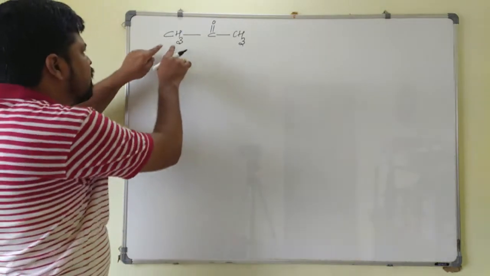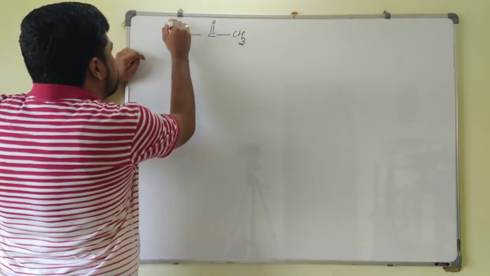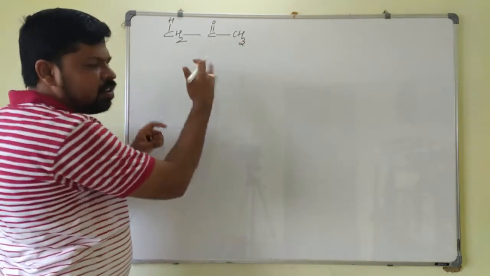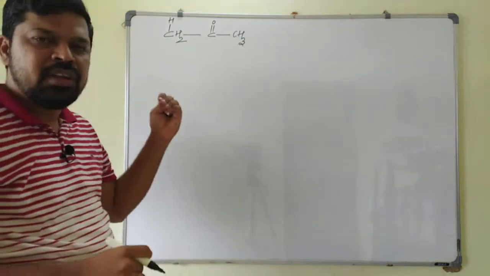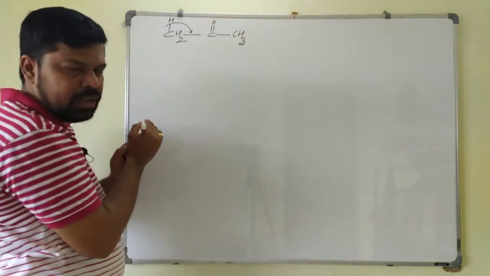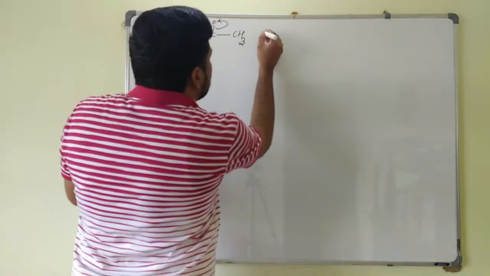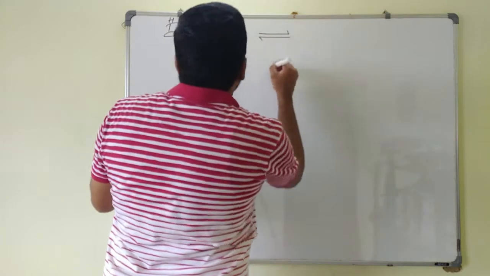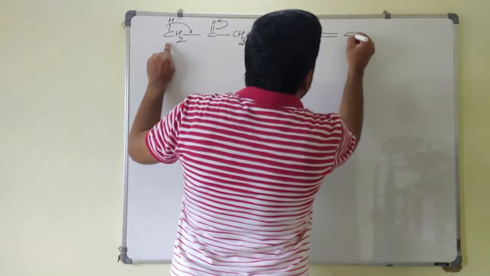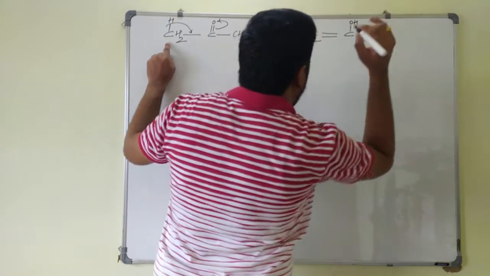Tautomerism. What you can do here? One of the alpha hydrogen will be shifted to what? Suppose if you take this as a hydrogen atom, both alpha hydrogens are identical. You can shift any one of them. You will get the same structure here. So this bond will be shifted to here, you will get a double bond, and these 5 electrons will be sent back to the oxygen. So now you will get another structure. The resulting structure will be what? You will get a CH2 double bond C, and this will be OH, and this CH3 is as it is.